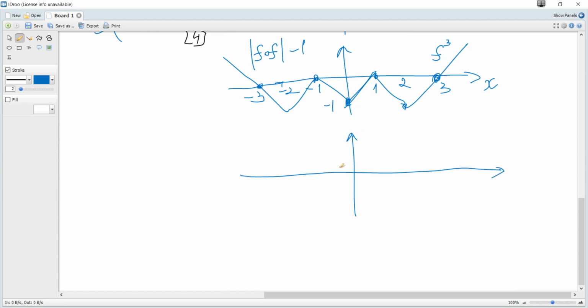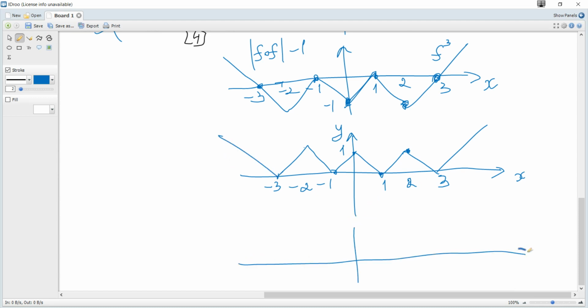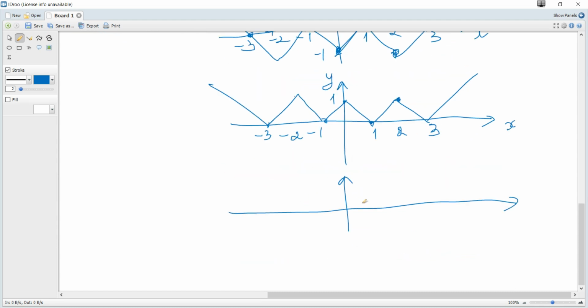So reflected, it becomes -1, 1, 1, then 2, 1, 3, -2, 1, -3, and 1 unit downward. So it becomes